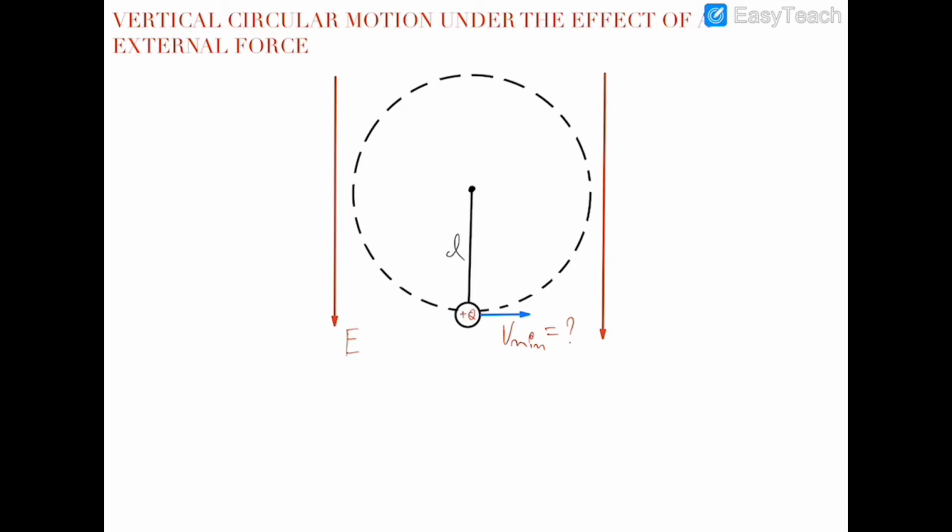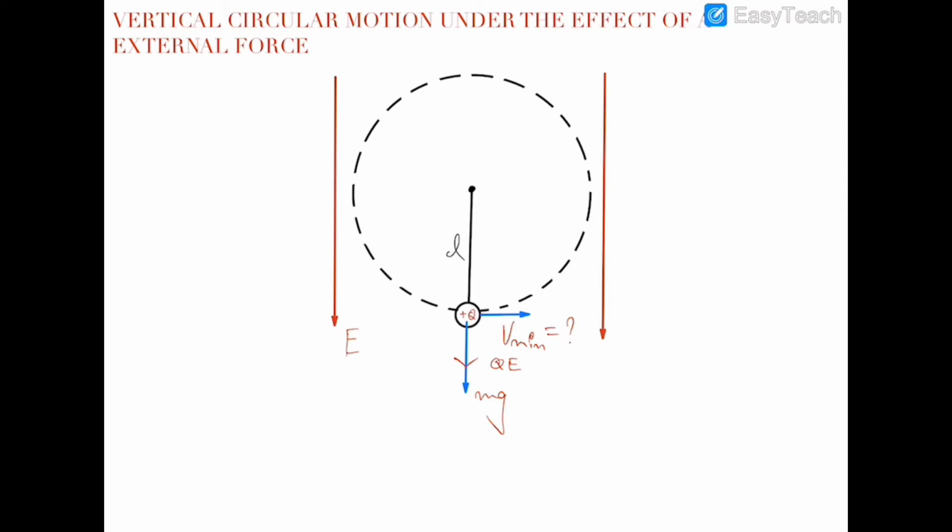But in the case when some external force is also acting on the ball in the downward direction, first of all I'm writing the forces which are acting on the ball in the position shown. The force which is acting is mg, as well as a force QE. This is the electric force which is acting on the ball. Now this QE is constant in magnitude and it is also constant in direction. It is always directed towards the downward direction, and as the ball will move up, the ball will perform work done against mg, as well as work done against QE.